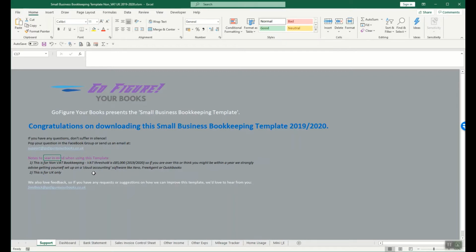And this is for UK only. When I say UK, that's Northern Ireland, Wales, and Great Britain. If you are from Scotland, your tax brackets are slightly different to ours. So if you are in Scotland and really want this as well, let me know, because I'm putting together a new tax calculator, because in the mini